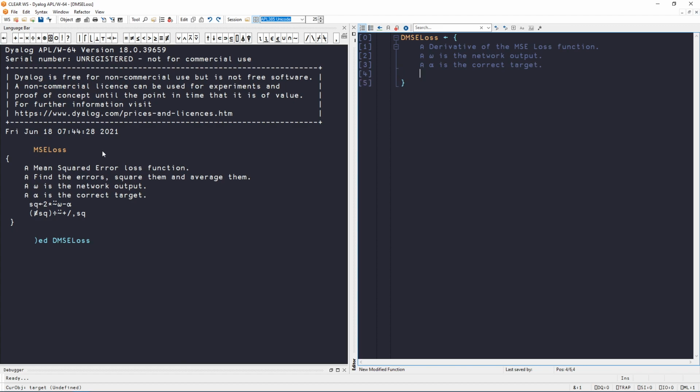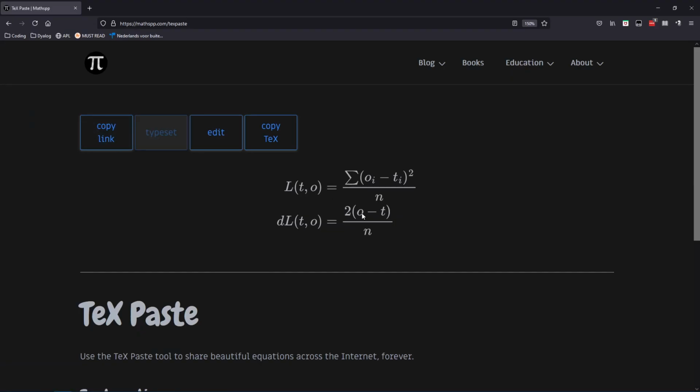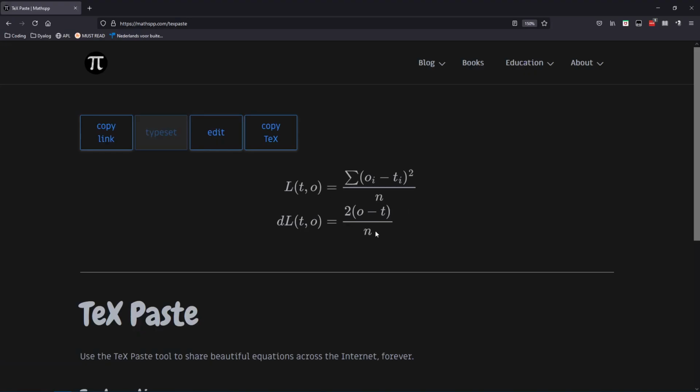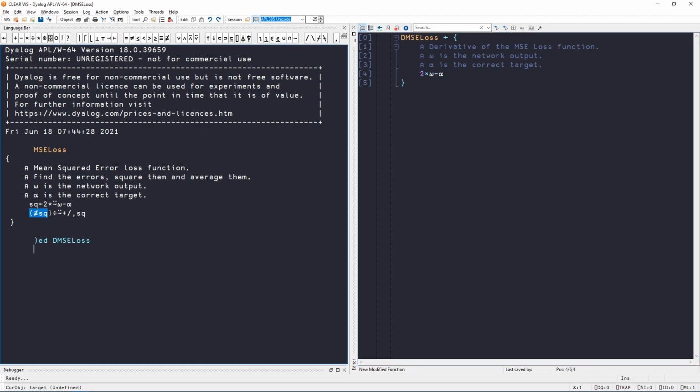Now what the formula said was that we should take o minus t, so omega minus alpha, we should multiply that by 2, sorry about that, we should multiply that by 2 and then divide by n, where n here was the tally of the SQ variable, which is just the size or the tally of either omega or alpha. So we can do that again. So the tally of omega divided by